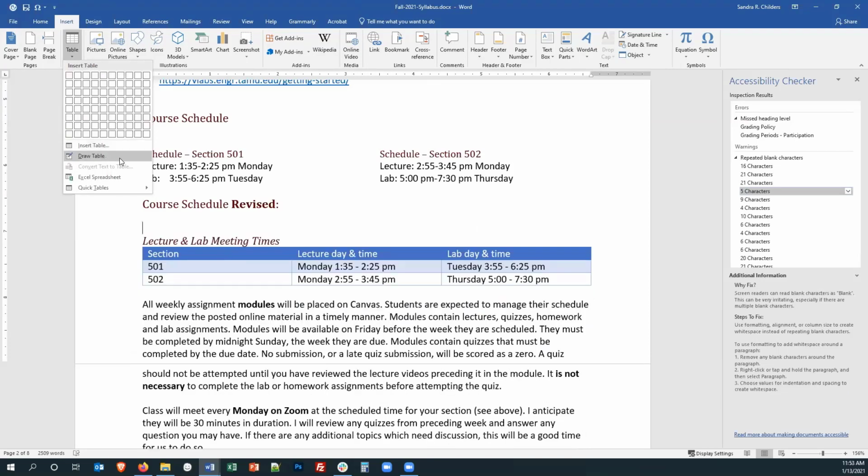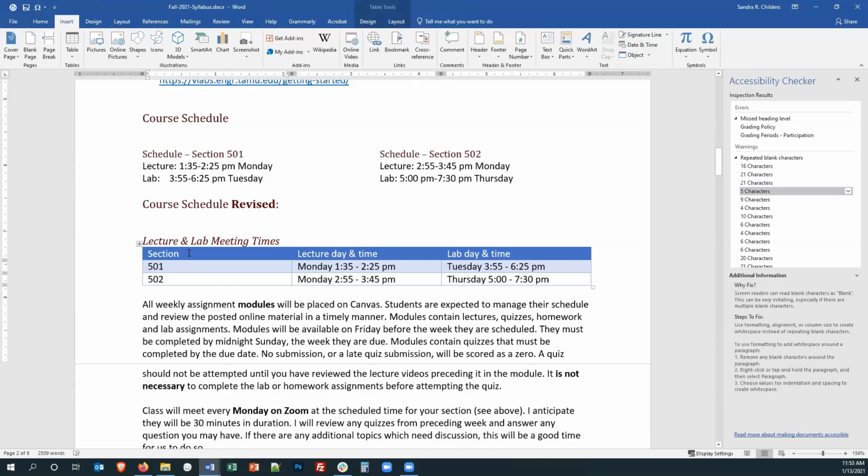And it can be modified later, and I'll show you that in a second. I just want to point out here that you do not want to use the draw table feature. It's not going to result in an accessible table. So I'm just going to click out of table since I've already created it. I think you can also copy and paste from Excel to create your table here.